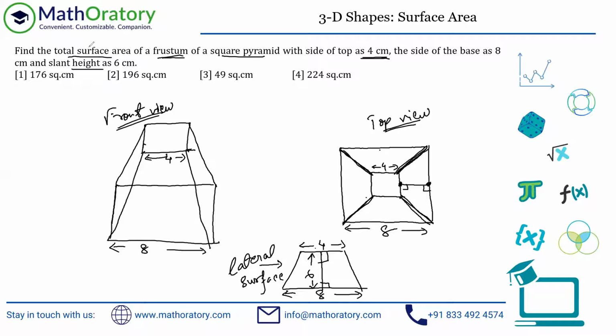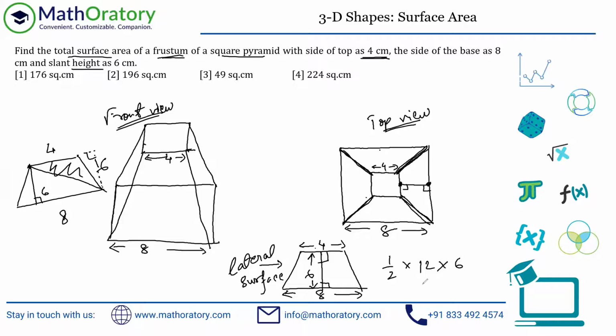And we're looking for total surface area. So first, let me figure out one of these lateral surfaces. This is a trapezium, by the way. Area will be half into 4 plus 8, which is 12, into the slant height, or the height between the parallel edges for a trapezium. If you're not aware of this, no issues. This is 4, this is 8, and you just break it into two triangles. This height is also 6, and the height of the triangle here is also 6. So half into 6 into 8 plus half into 6 into 4 adds up to half into 6 into 12. Anyhow, that is 36.